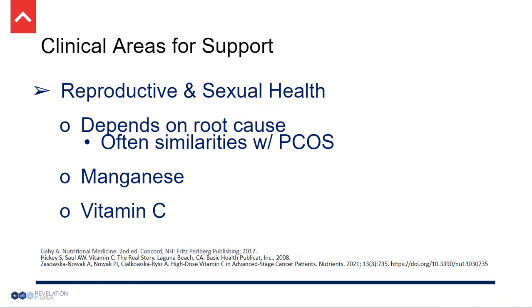Then with reproductive and sexual health, there could be a lot of causes here, and it depends on the root cause, but there are often similarities with PCOS. And manganese and vitamin C can be two of the best options here. So again, while the root cause can be extremely varied, there's often crossovers with PCOS. So the options we just discussed with PCOS are often effective in improving women's reproductive and sexual health by improving insulin sensitivity and blood sugar control and lowering chronic inflammation, which improves the overall health and function of the reproductive